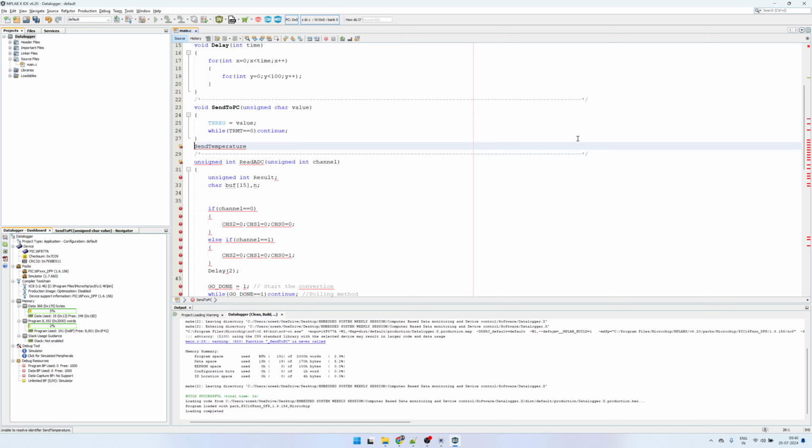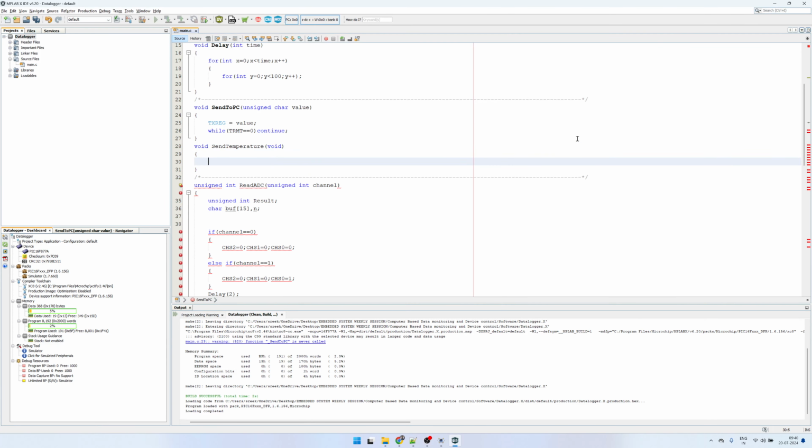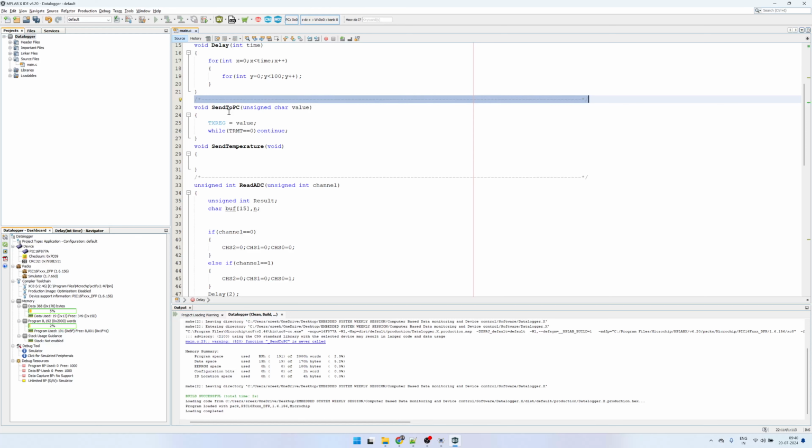So this function is not going to return anything, so that's why I am keeping void over there. This function is not going to receive any argument also, that's why I am keeping void over here. So what this send temperature must do is,